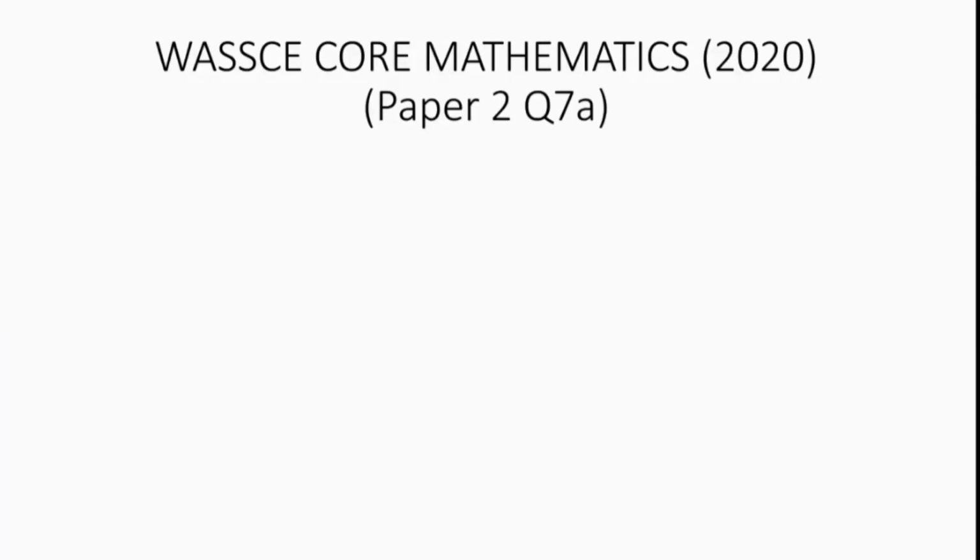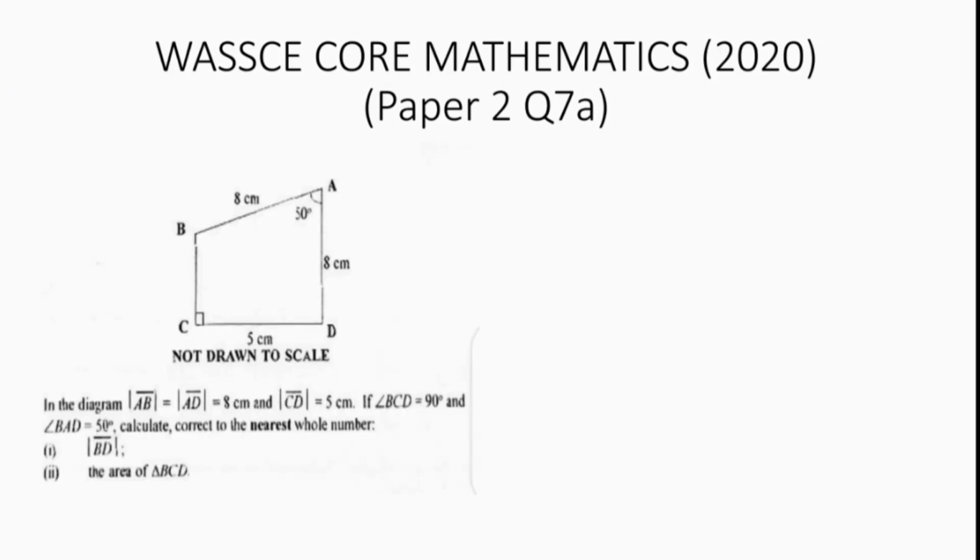2020 WASSCE Core Mathematics, Paper 2, Question 7. A. In the diagram, the length of line AB equals the length of line AD equals 8 centimeters, and the length of line CD equals 5 centimeters. If angle BCD equals 90 degrees and angle BAD equals 50 degrees, calculate, correct to the nearest whole number,